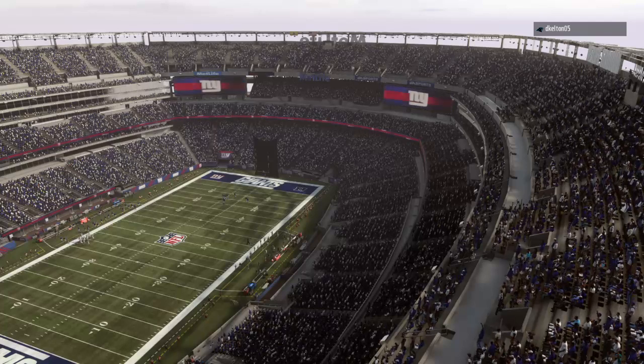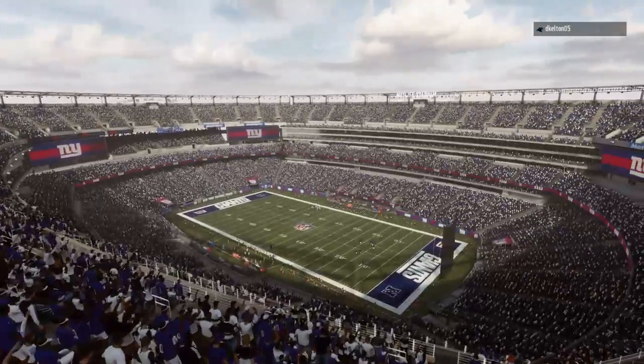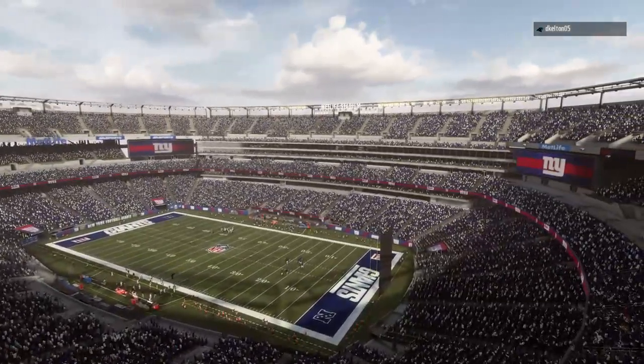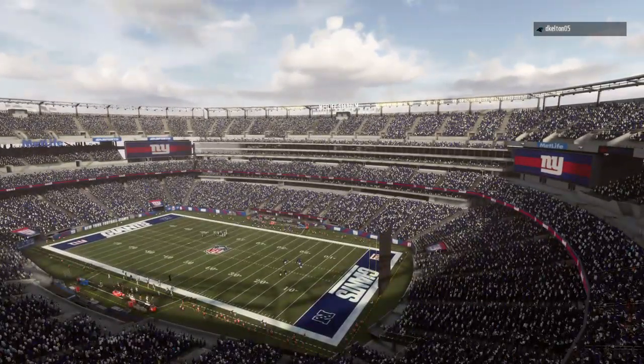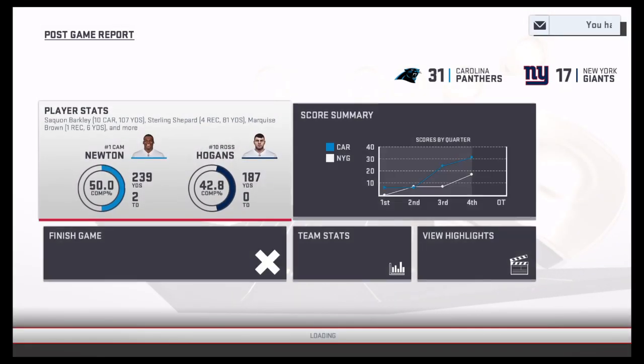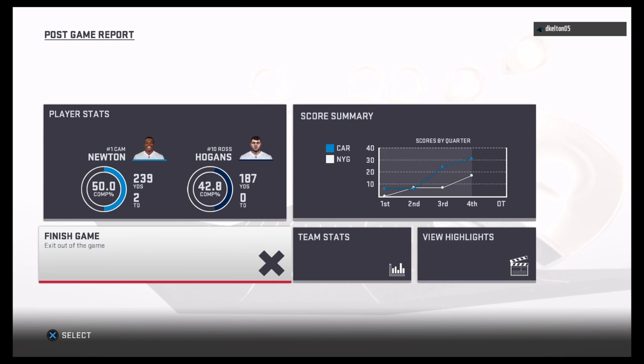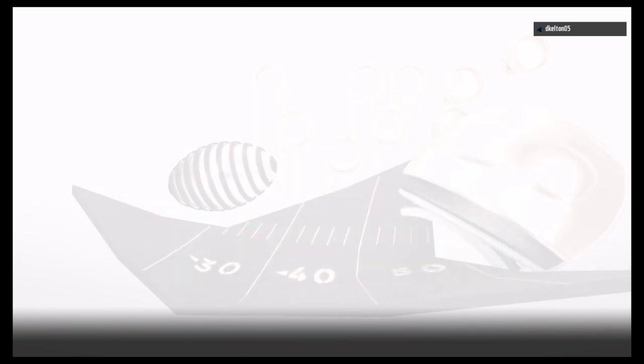So for the Panthers, it's back-to-back victories now after the Week 1 defeat as they move to 2-1. And they'll return home next week to take on the Philadelphia Eagles. Meanwhile, for the Giants, they too will exit with a 2-1 record. And they will get a home date next week against the Los Angeles